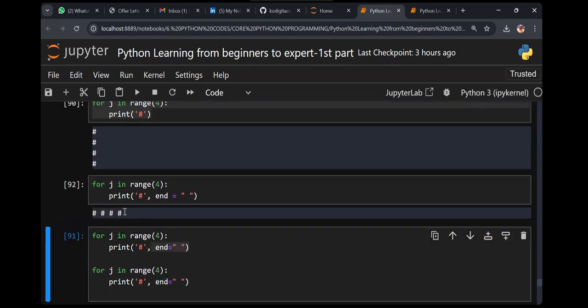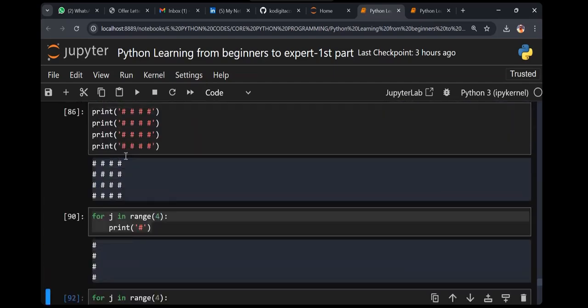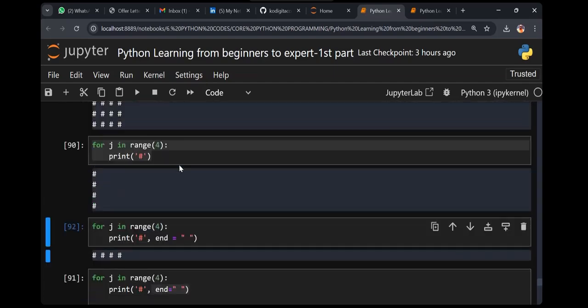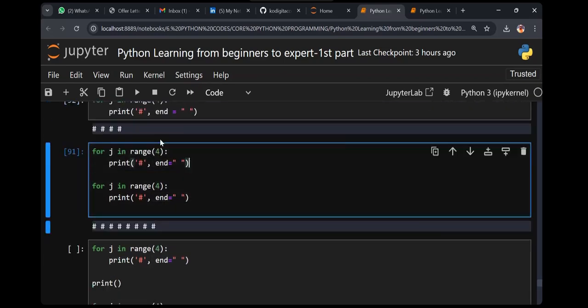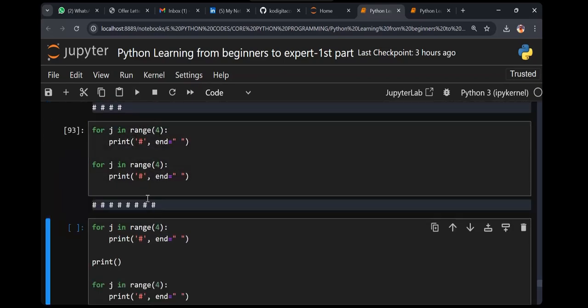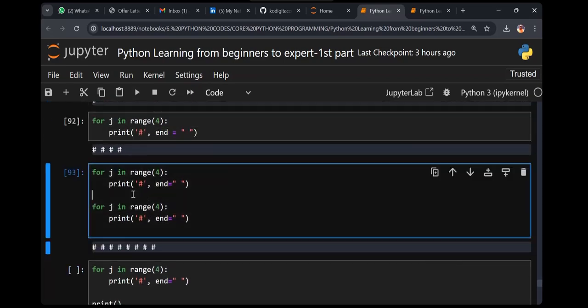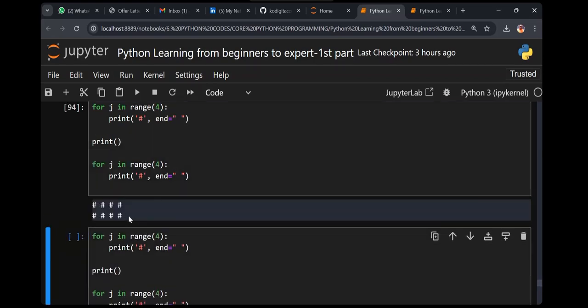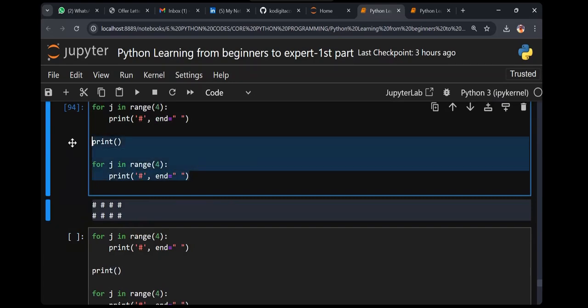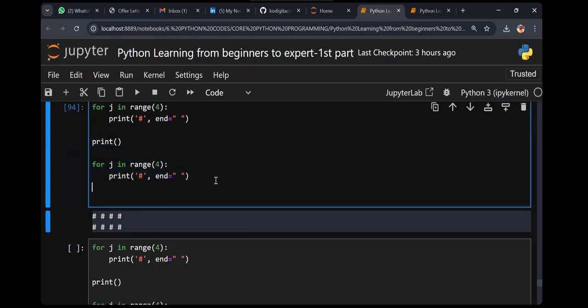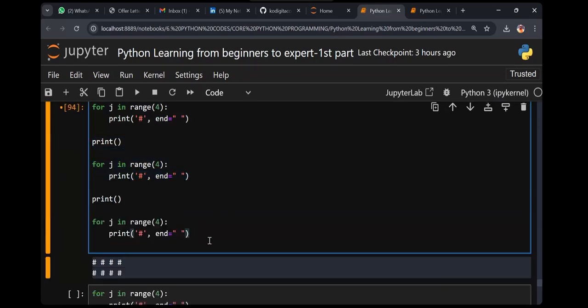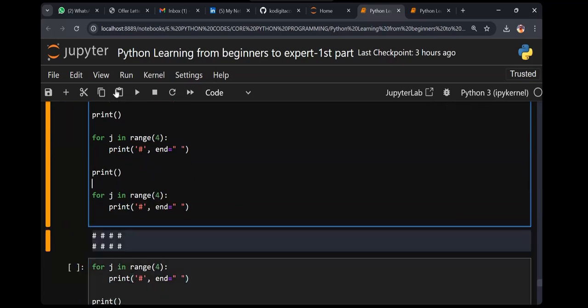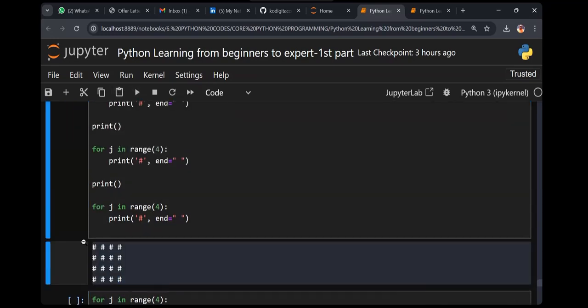Okay, now we got output, right? So how many times do I have to print? 4 times. So if I do it like this, end, execute. But rather, I want to break it here, print, and check this. Now we got it like this. Let's copy and again print here and then again print here. Cool. Now I got my solution or not?